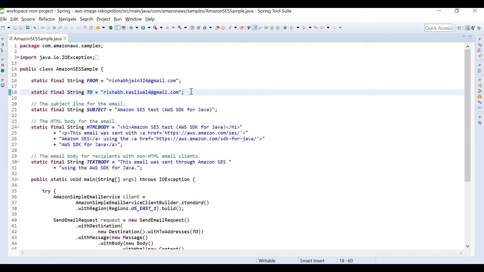My new project automatically will have a POM dependency of the AWS SDK. So using that SDK, I can use all the AWS inbuilt classes. And using those classes, I have written this program. So let's dive into the program, what we are doing here.